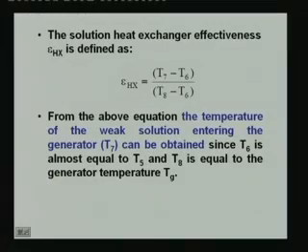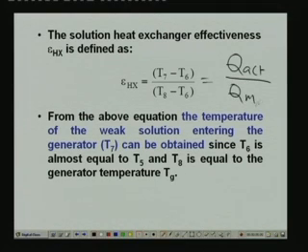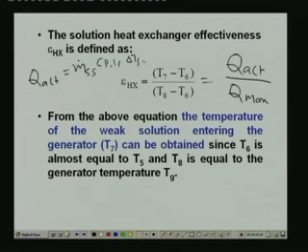We also require the solution heat exchanger effectiveness. If you remember from our discussion on heat transfer, heat exchanger effectiveness is defined as the actual heat transfer rate to the maximum possible heat transfer rate. The actual heat transfer rate, written in terms of strong solution, is Q actual equals m dot SS into Cp of strong solution into delta T of strong solution. Q maximum is m dot Cp of strong solution into delta T max. That is what we have written here. Delta T max is T8 minus T6, and T7 minus